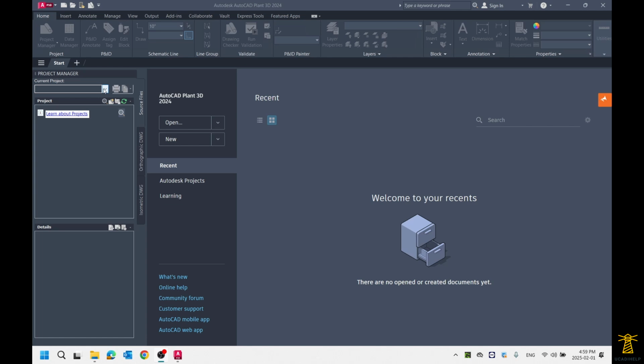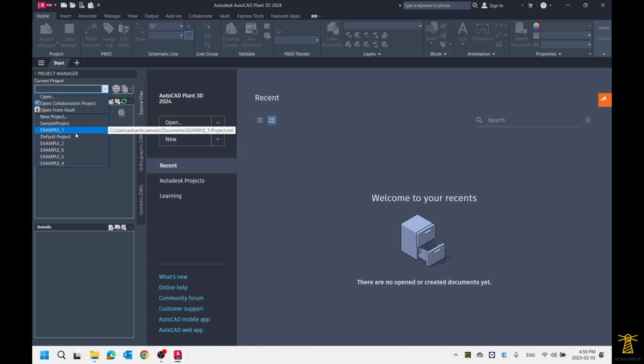This file is used for educational purposes and usually brings a few drawings so you can explore and start to visualize what the features are in Plan3D. For that, I want you to come here to the project manager, and then you're going to select open,